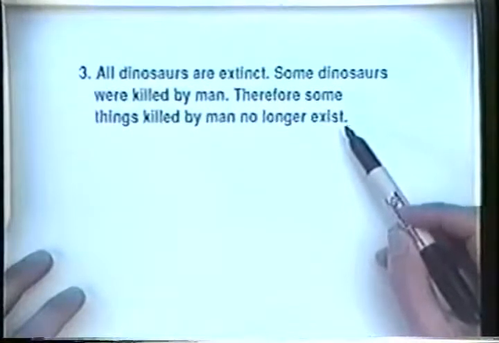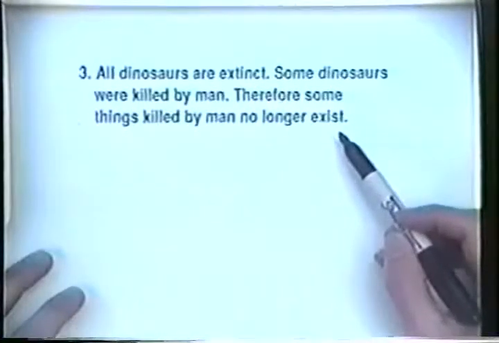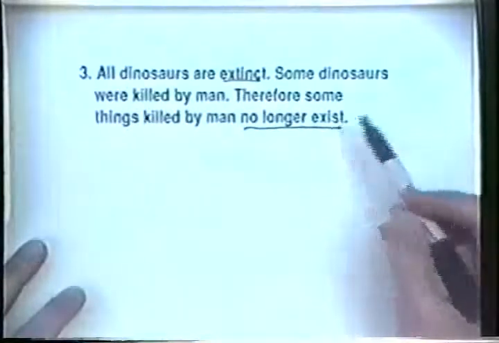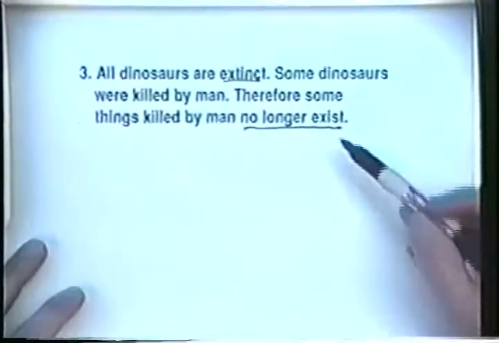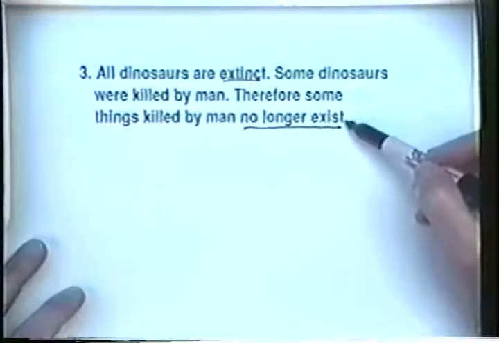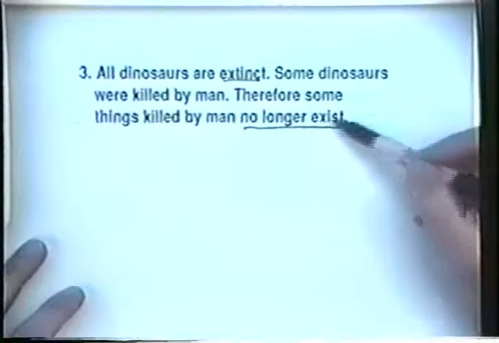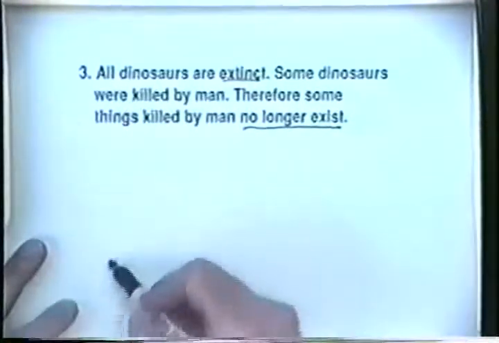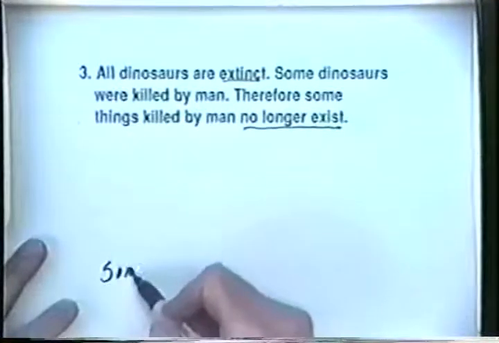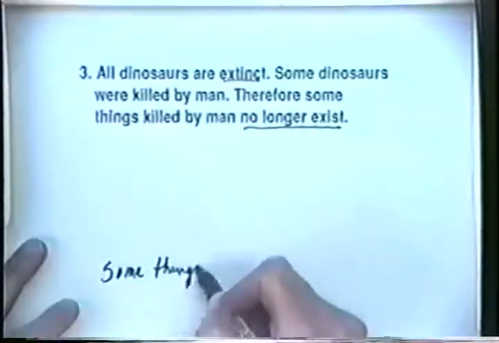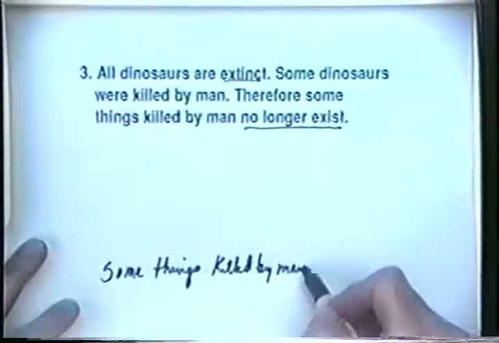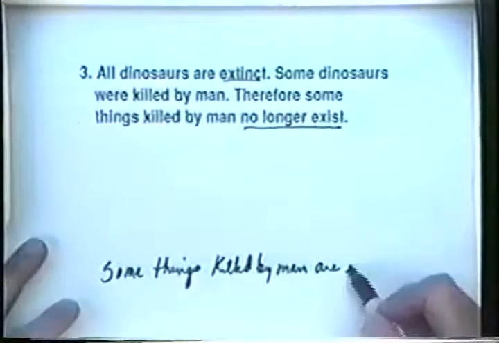So we have one too many terms in the syllogism, and we need to eliminate one. Well, notice that extinct and no longer exist are synonyms, so we could merely replace the phrase no longer exists with extinct in the conclusion and have made a good change. That will eliminate the fourth term. So that would appear to lead to the conclusion, some things killed by man are extinct